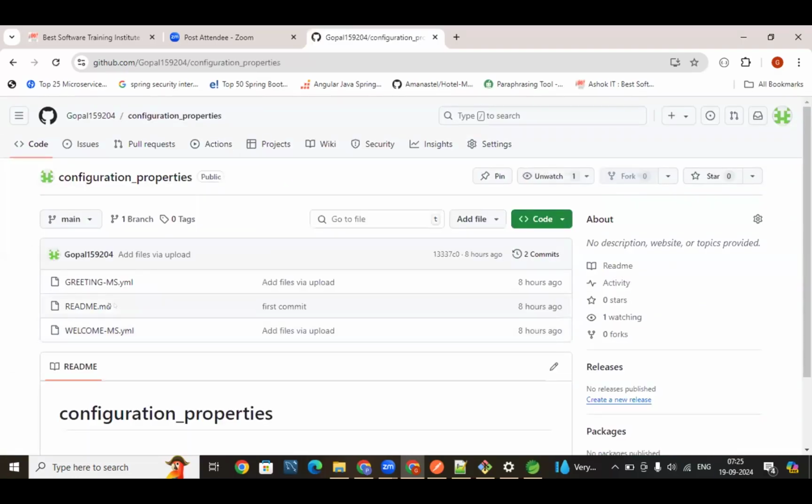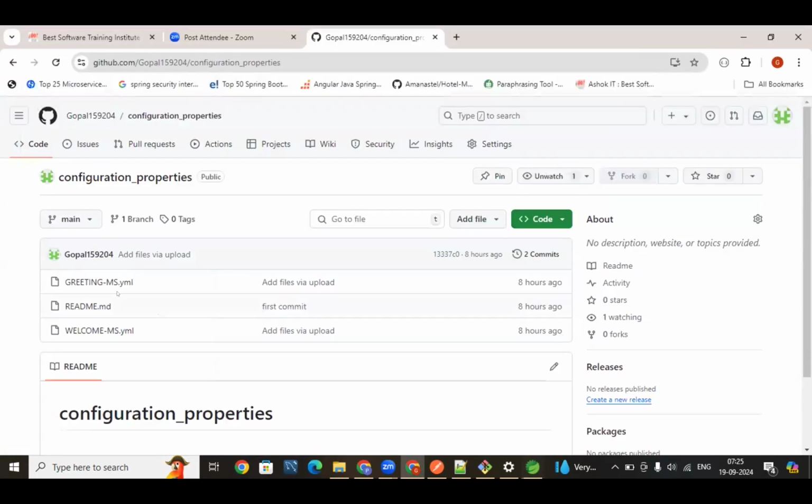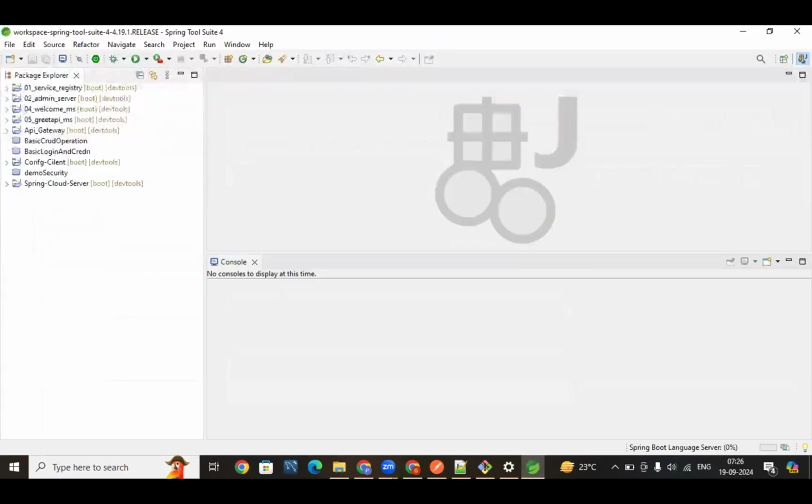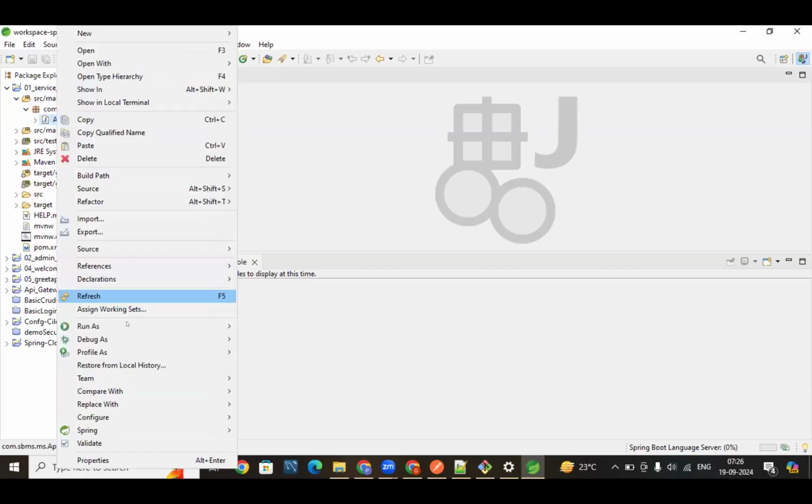Ashok, I have created a Git repository for configuration properties, with welcome-ms.yml. I have created service registry class. Inside that, I have added Eureka server dependency.